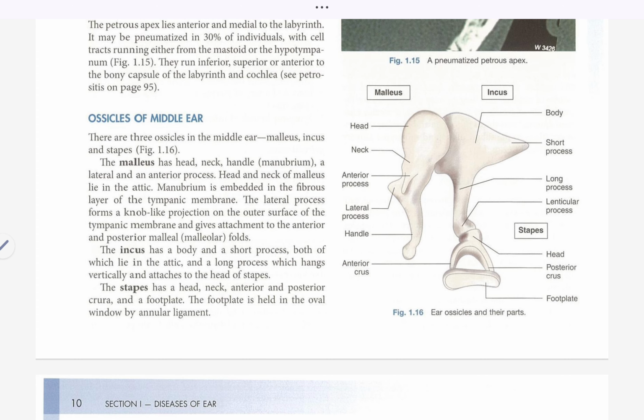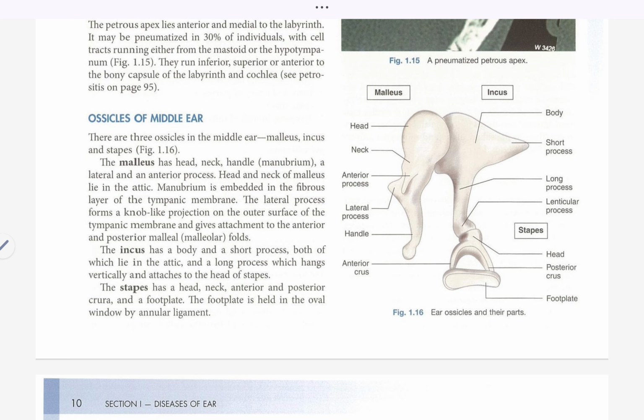Ossicles of the middle ear. Figure 1.16. Ear ossicles and their parts. This is the malleus, this is the incus, and this is the stapes. So in the malleus, we have head of malleus, neck, anterior process of malleus, lateral process of malleus, handle of